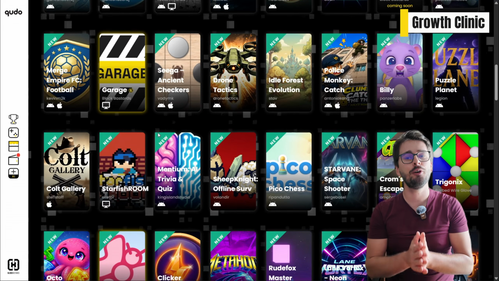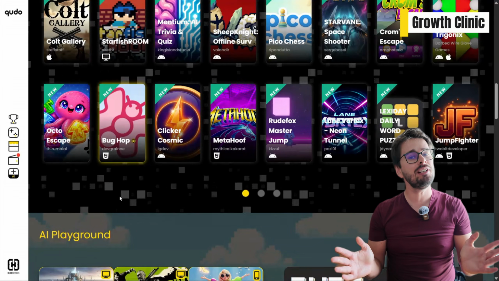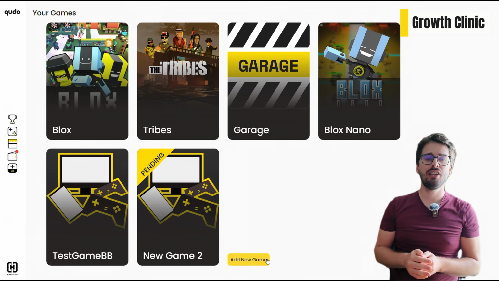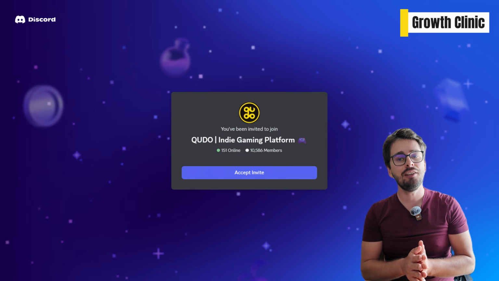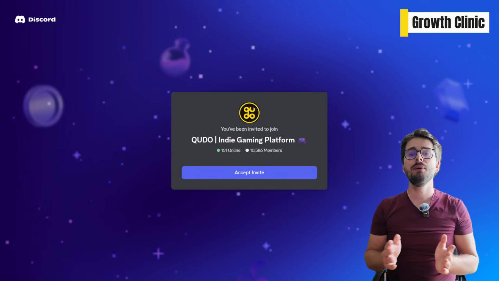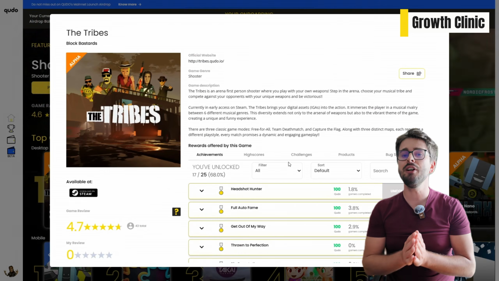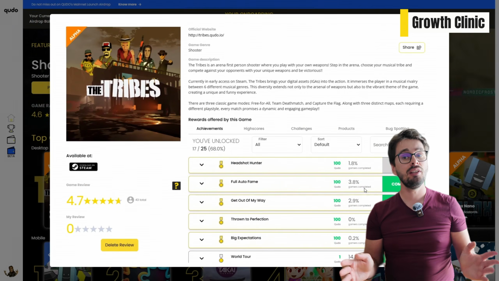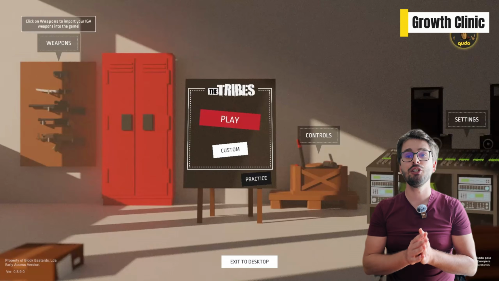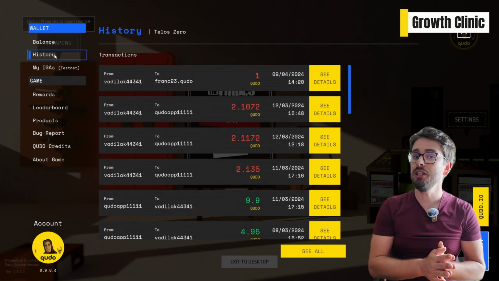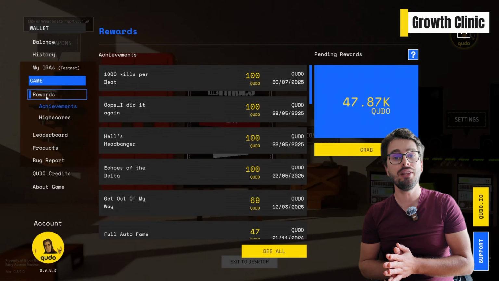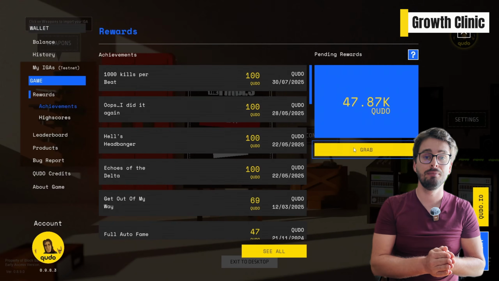This is where QUDO becomes useful as a platform on its own. The first thing you can do is list your demo on QUDO alongside Steam. QUDO has an active community of players who use the platform specifically to discover indie games. That community is an audience your Steam page on its own doesn't reach. Listing your demo there is free distribution to players who are already looking for games to engage with.